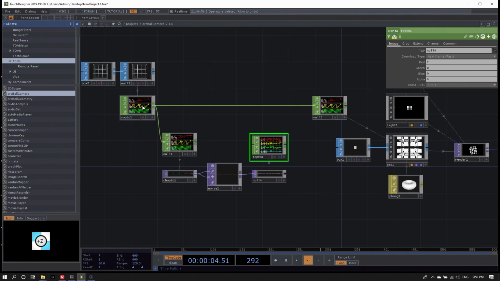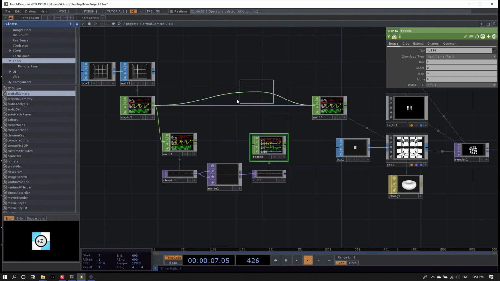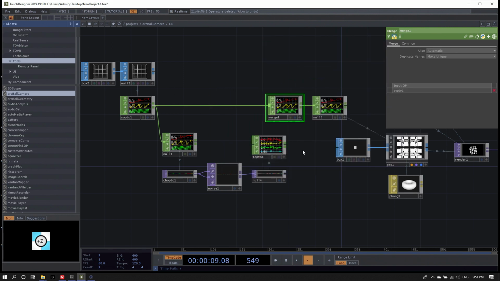And in between the sop2 chop and the null chop that I'm using as my template chop for my instancing, I'm going to add a merge. I can add operators in between two other operators by either right-clicking onto the wire that connects these two operators, or also right-clicking on the input of an operator. This is sometimes easier than clicking onto the wire, easier to hit.